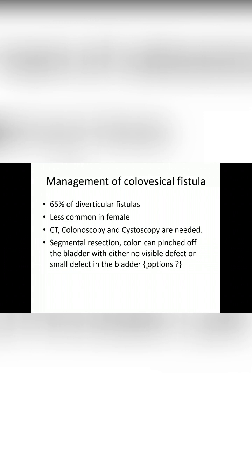So what we do is sigmoid colectomy. The main pathology is not arising from the bladder, it's arising from the colon. So once you do the sigmoid colectomy, you can pinch it off from the bladder by doing blunt dissection. Most of the time there will not be a visible defect in the bladder,